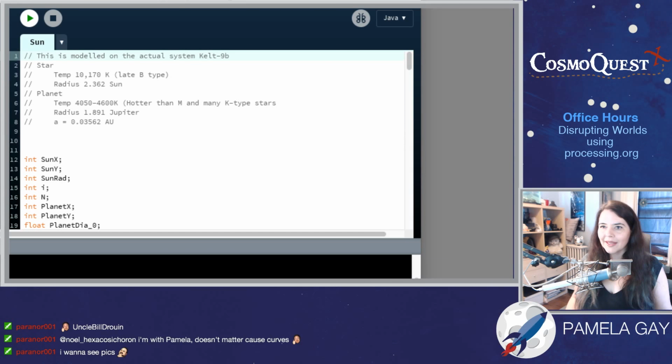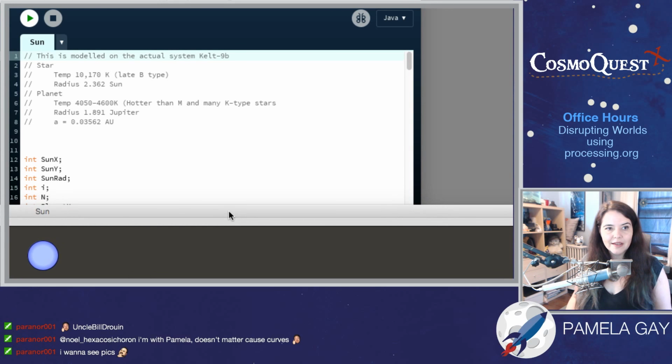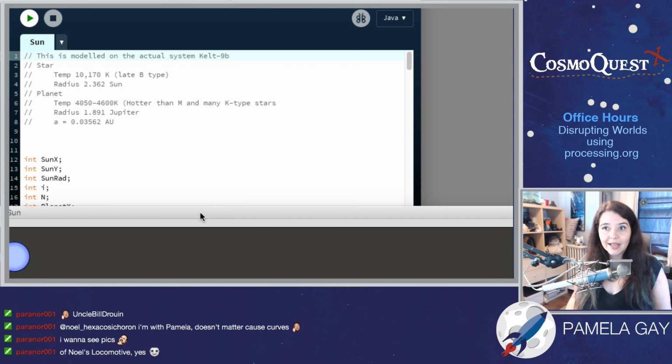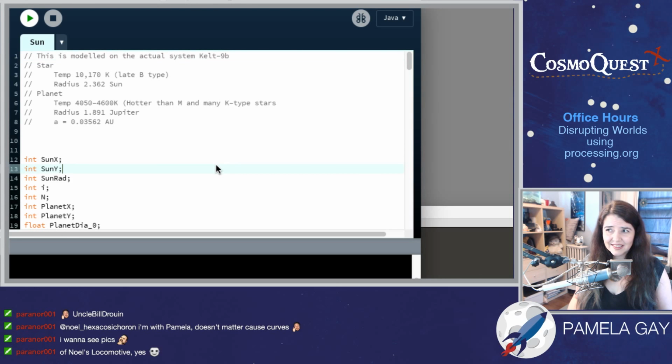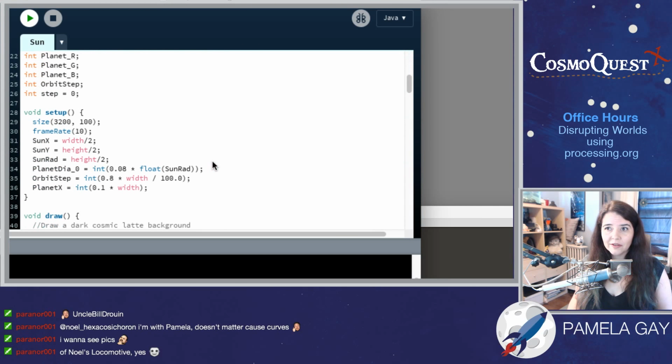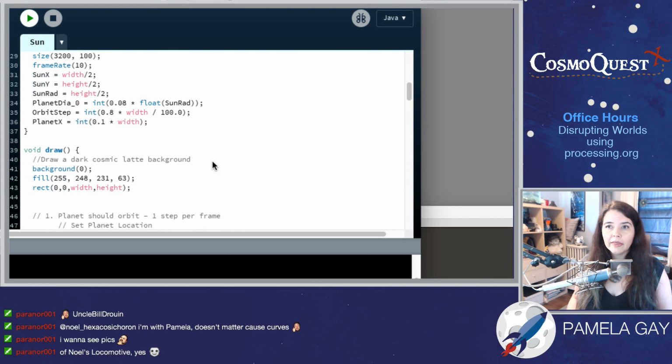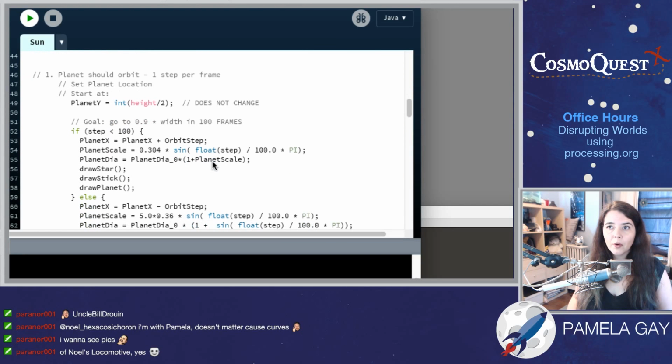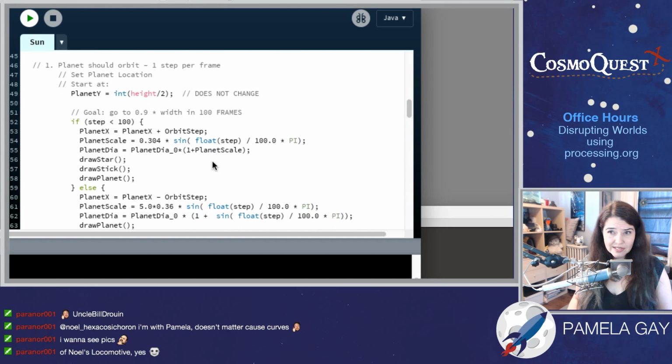Okay, let me get my little planet zipping on and off the bottom of what you can see. So in this particular to-scale model, it's totally to scale, both in orbital size and in planetary size. And because it's entirely to scale, it's kind of zipping around in ways that aren't entirely useful. So I think the first thing I'm going to do while I'm coding to make this useful instead of useless